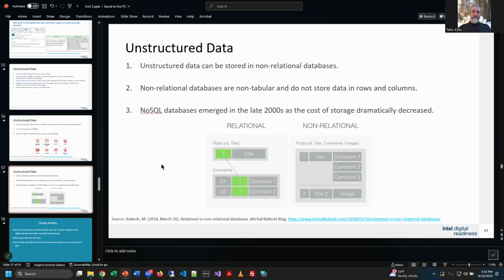And the combination of that kind of free-form structure with the fact that the storage costs for storing stuff in the cloud have dramatically decreased, right? Like if you go out and buy a hard drive now, you can get a whole lot more hard drive today than you could 20 years ago. And that's why it's cheaper, right? And it's true for data centers as much as our home usage. And the fact that NoSQL databases also store the information more efficiently in some ways, makes them very, very popular for storing